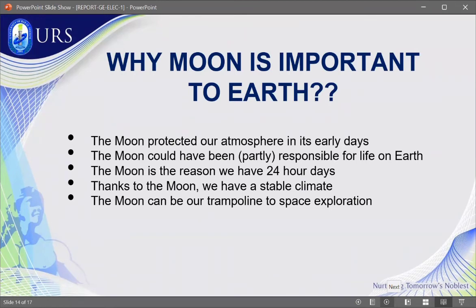So we have listed here 5 importance of the moon to Earth. Yung atmosphere, guys, this is the outer gas layer of the Earth that holds the oxygen that we breathe. So, in its early days kasi, yung solar winds din yung nire-release ng upper atmosphere ng ating sun, which is called corona. So, pwede siya magpunta sa different directions. And kapag walang protection ng isang planeta, it could literally wreck a planet. So, luckily, because the moon was closer to Earth back then, its magnetic field served as a shield that protects the atmosphere against strong solar winds.